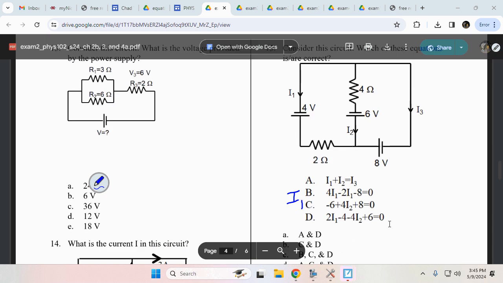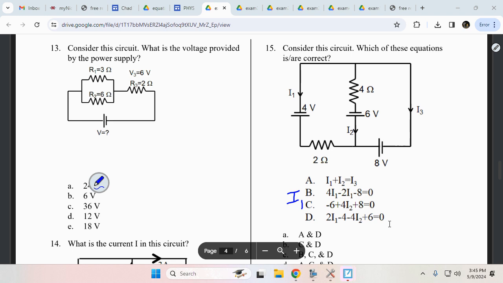To find I1, I need to pick the right loop. What loop am I going to use? It's either the left or the big loop. The big loop, right, because there's no resistor on this part,